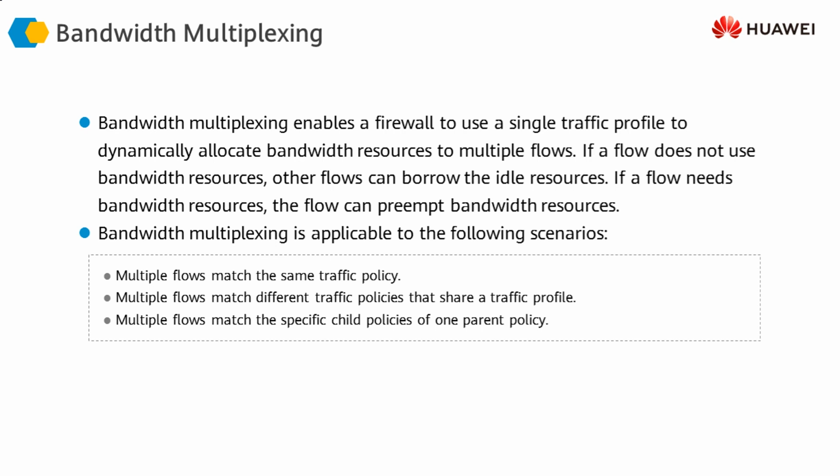That means that if all the users of that department are actively sending traffic through the firewall, each of them is going to get less amount of bandwidth. But if some of them are not using the bandwidth, then the overall bandwidth that is allocated to the department is going to be distributed equally amongst those who are currently using the bandwidth. This is called bandwidth multiplexing, or dynamic even distribution. Dynamic even distribution is an example of bandwidth multiplexing on a firewall.